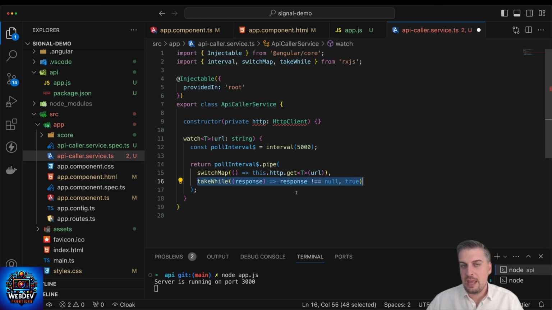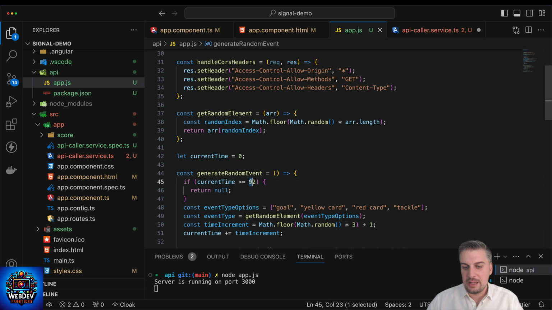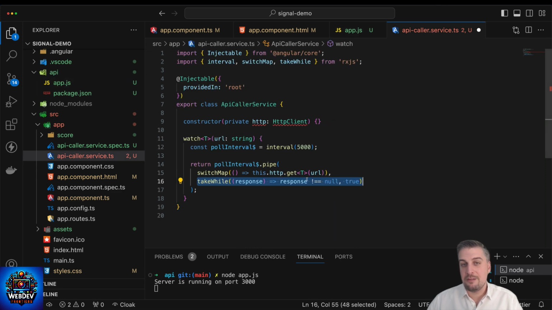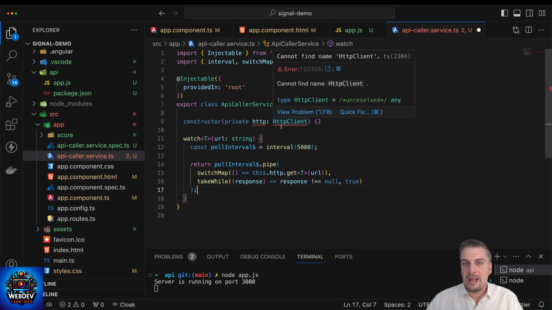Once the API is no longer producing data, so I think after the 94th minute, I've set up a rule that after the 92nd minute, there should be no additional events generated by this API. So if we return a null from the API and if our service sees that, then it's just going to stop polling. Now, also notice that we have a red squiggly line for HTTP,